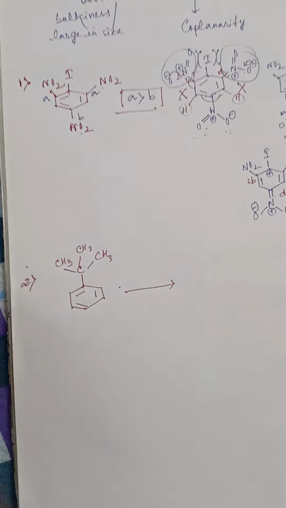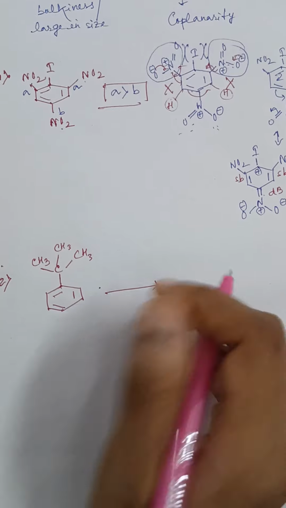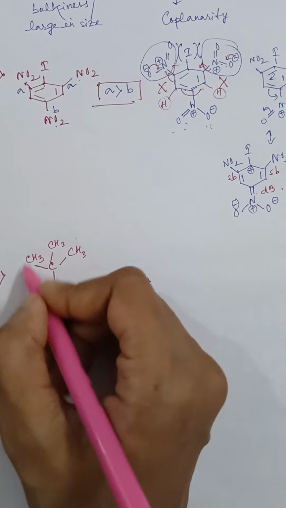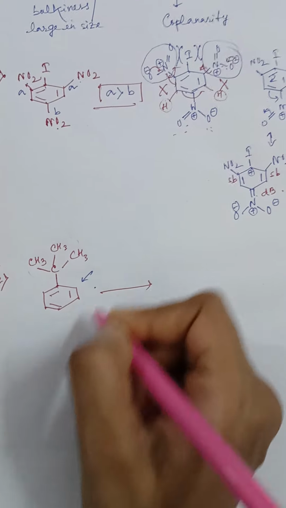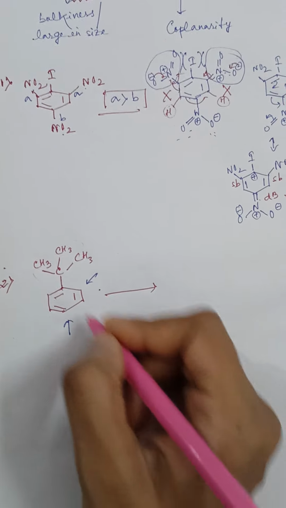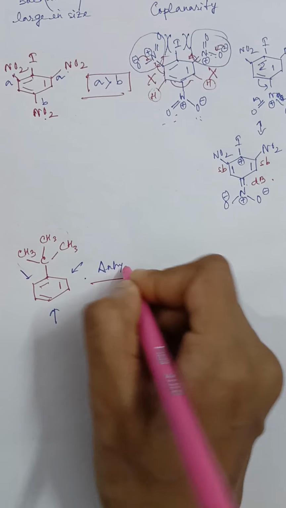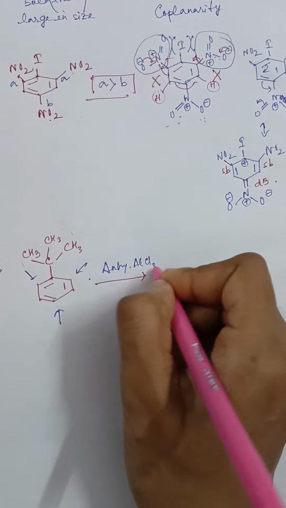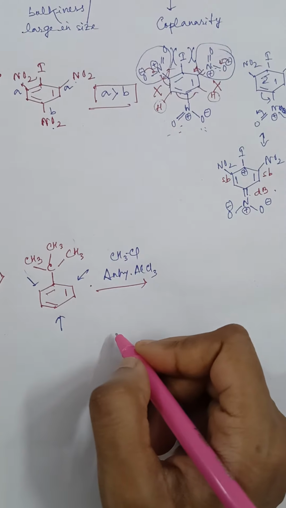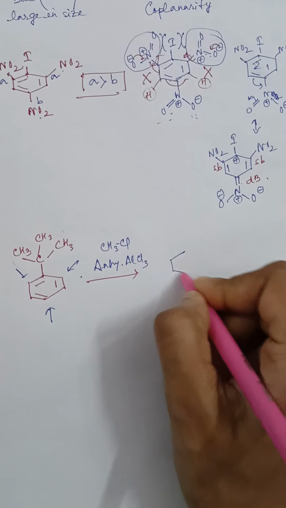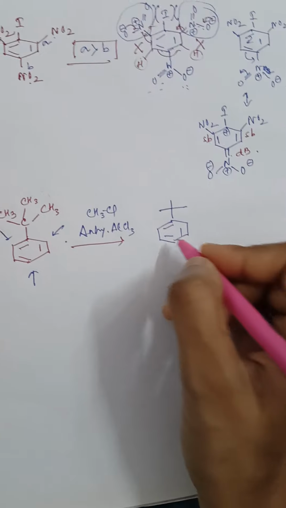Now if I want to put an alkyl group here, this tert-butyl group is an activating group, so the group will enter either the ortho position or the para position. Now if you use anhydrous AlCl3 and CH3Cl, what actually happens,